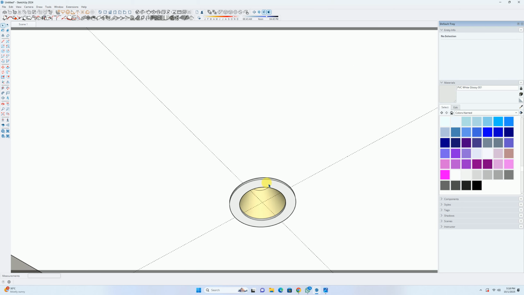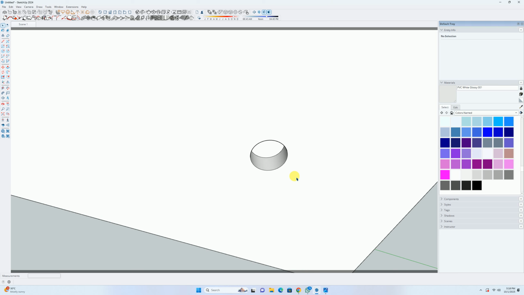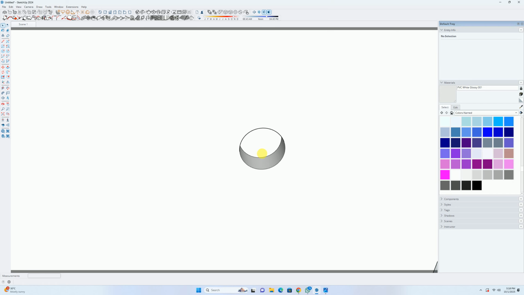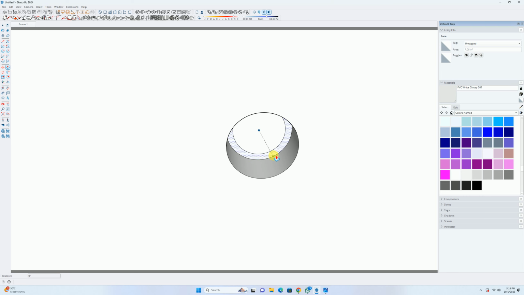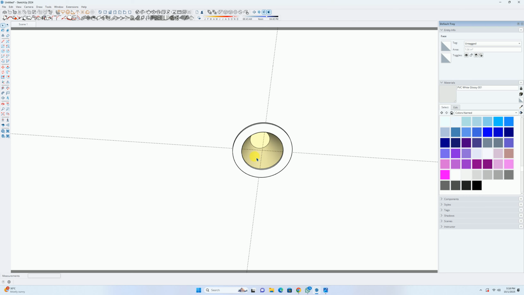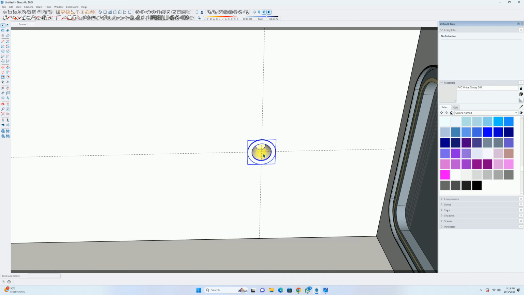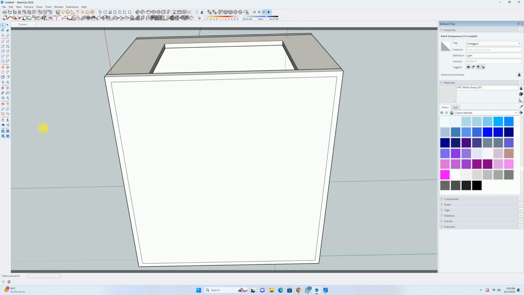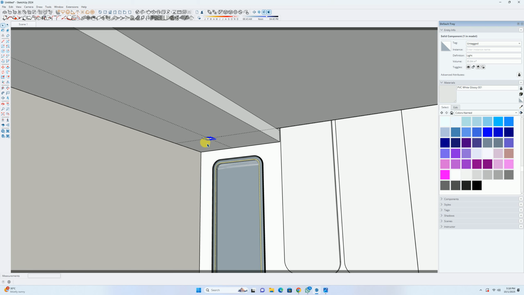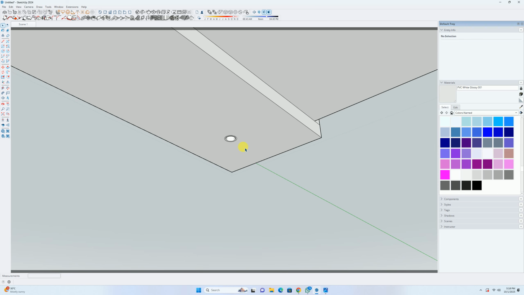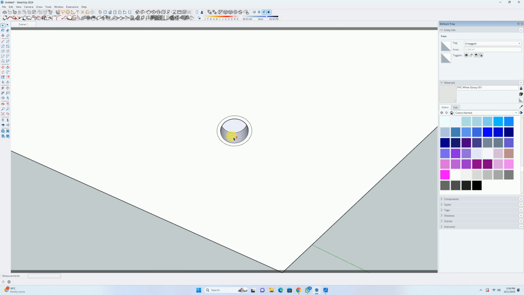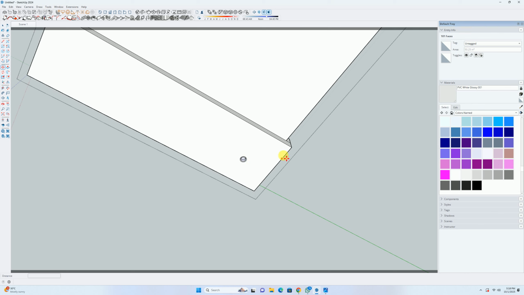Okay, now I'll again double click over here. We'll offset it at a gap of 5 inches. Copy it over here. Okay, then what I'm going to do is hide this component. I'll double click over here. I'll copy these surfaces and I'll copy them at a gap of about